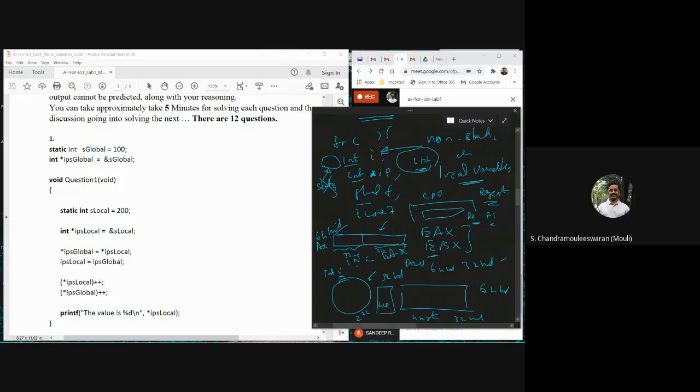Let me come back. Let us assume that I am doing it in a 32-bit process. I am using 32-bit tools, the GCC tool I am using is 32-bit, so this is going to be a 32-bit process. That means all my integers and pointers are going to be 32-bit wide.